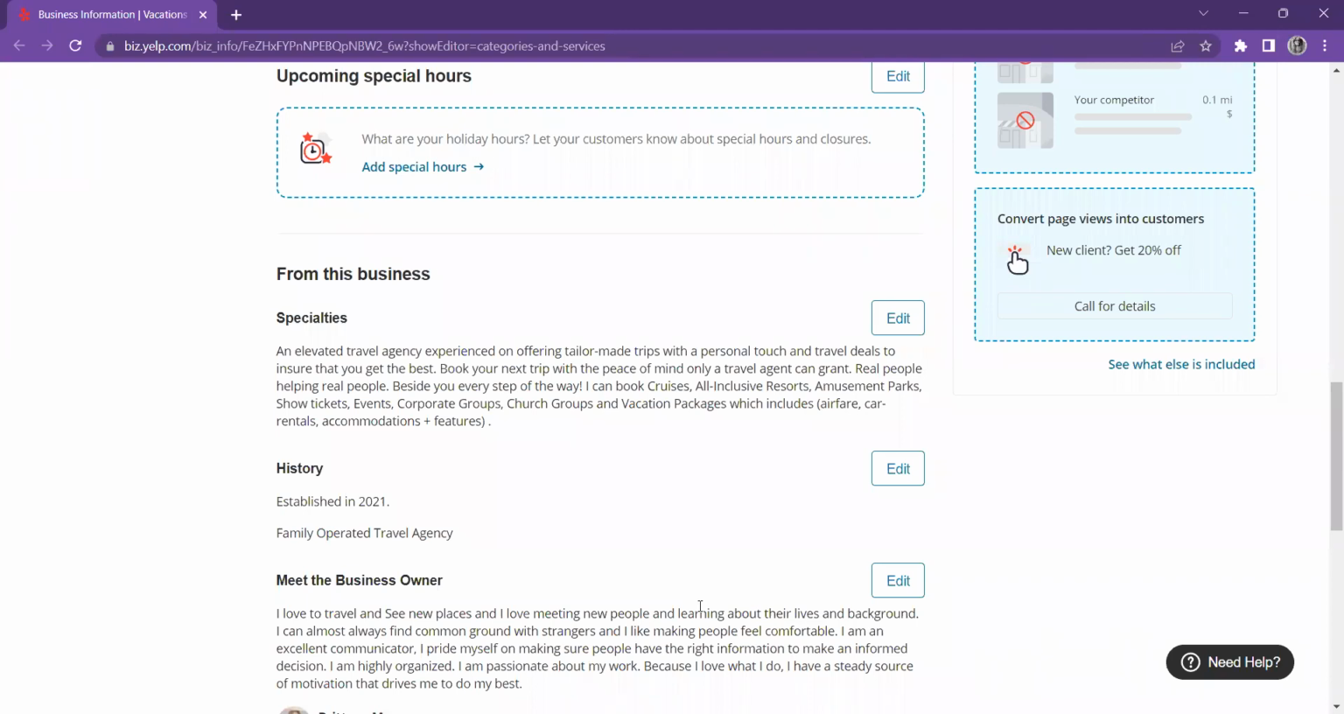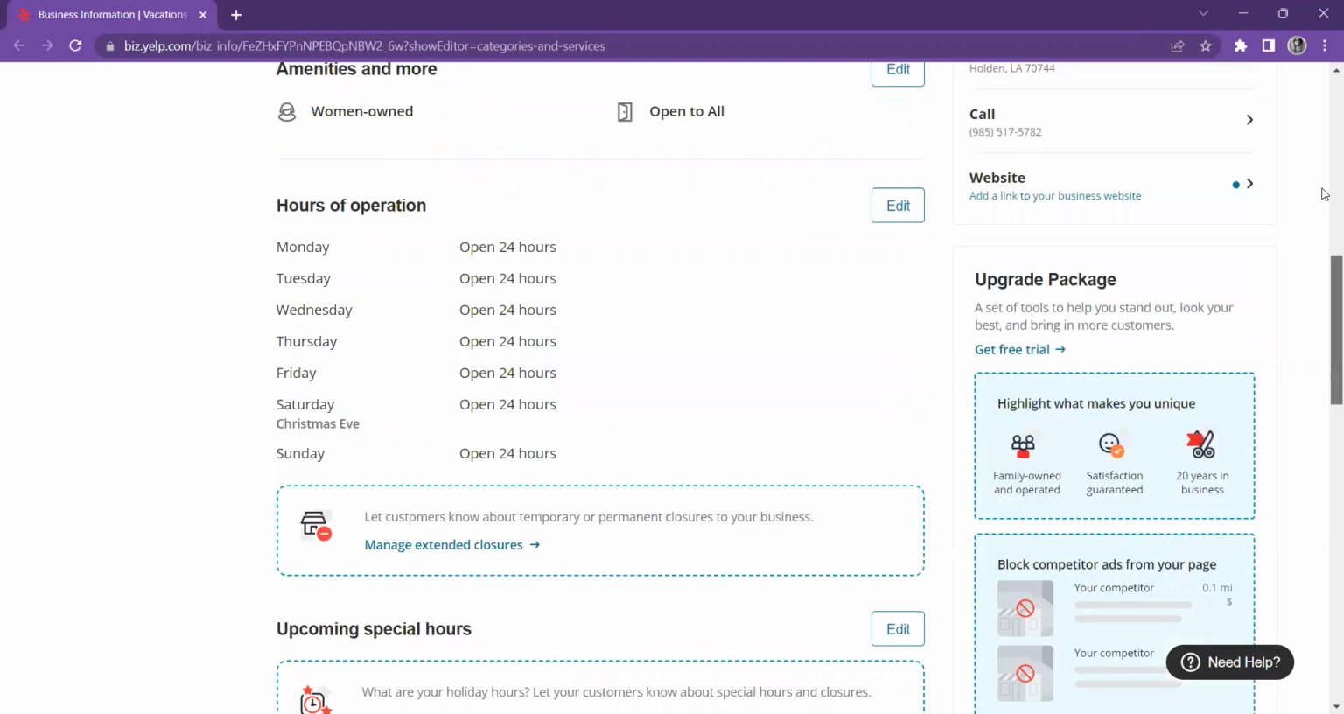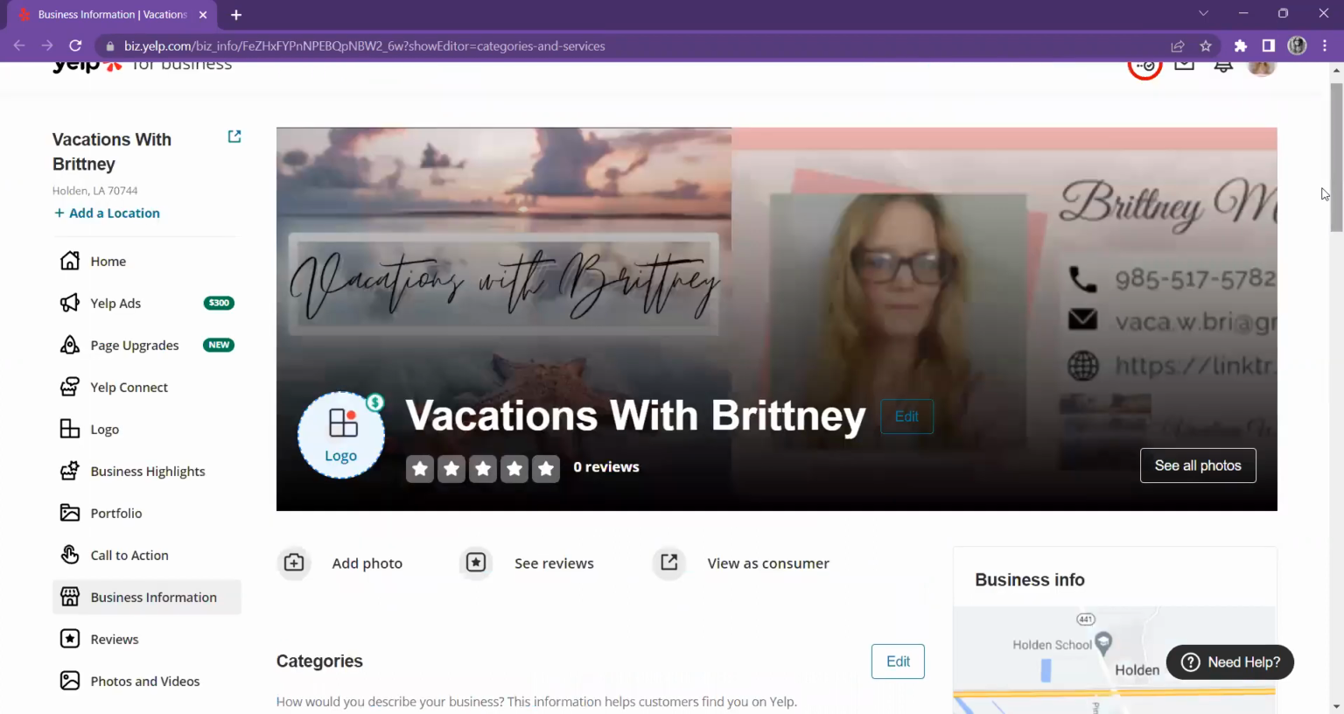And you can book your next trip with peace of mind. Only a travel agent can grant. Real people helping real people. So you guys will go, let me scroll up to the top so I can say real people helping real people. When you think about travel agents, you don't want to book with a logo, you want to book with a face. More than likely people are going to reach out to you because they see your face rather than your logo. So anytime I'm doing any kind of advertising, social media, TikTok, anything like that, guys, I always have